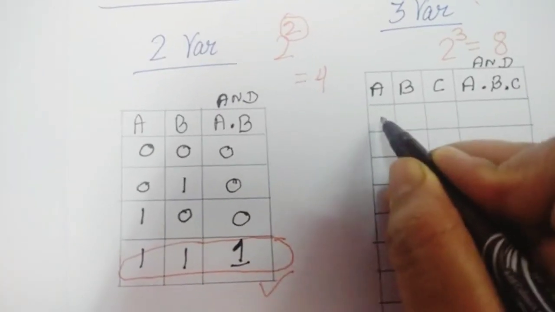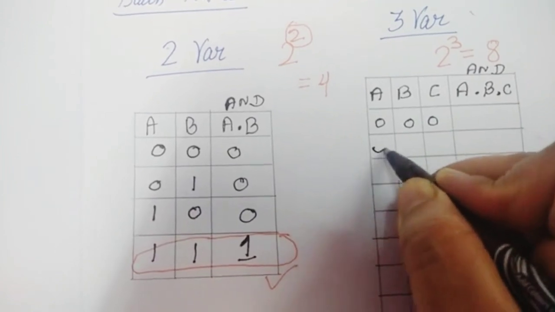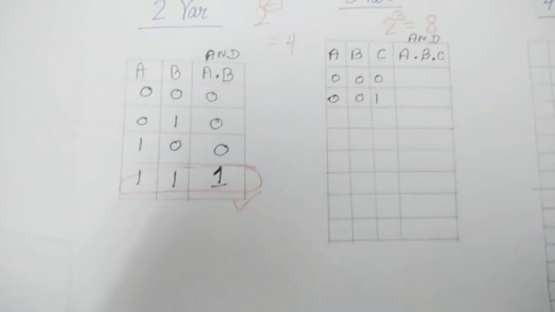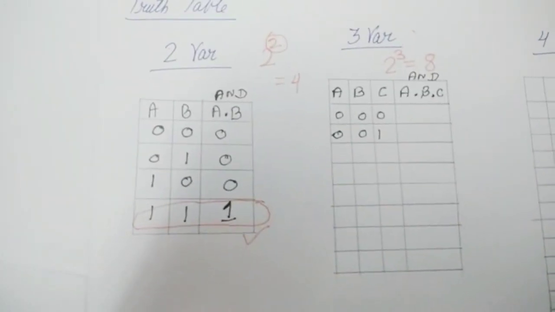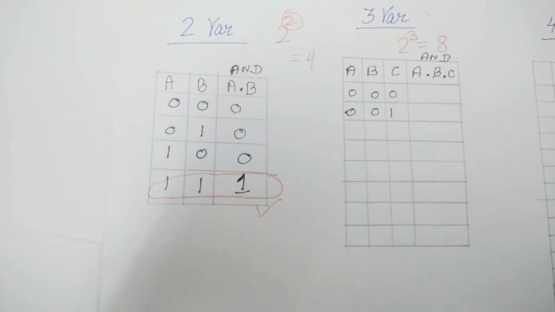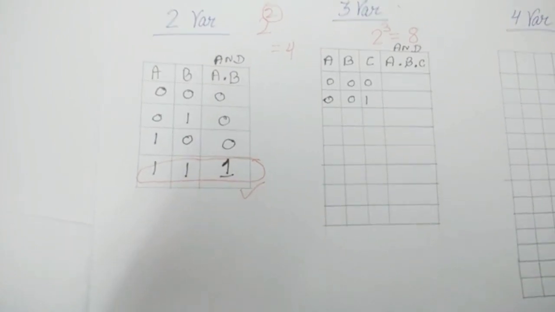Now drawing the combination 0, 0, 0 in the first one, then 0, 0, 1 in the second one. Now it is very tedious to remember what are the possible combinations. Do we need to repeat? By mistake, if a combination is repeated, it is wrong. So there is a very good formula or shortcut to keep in mind all the combinations. I am telling you that formula.